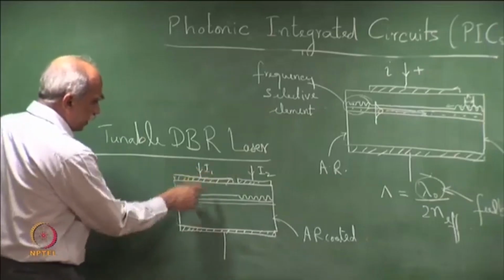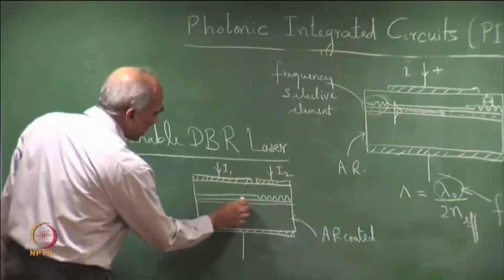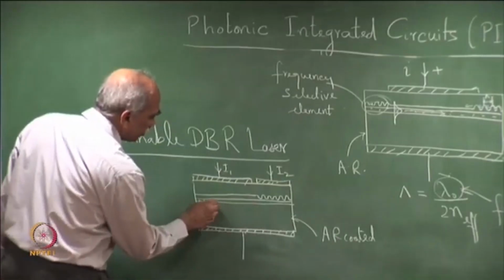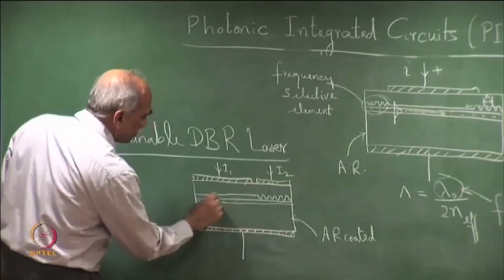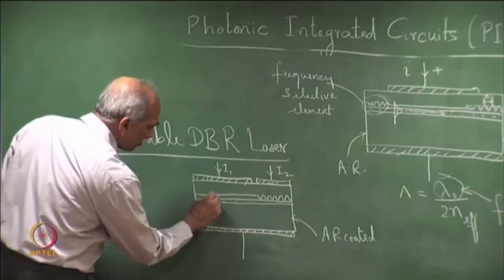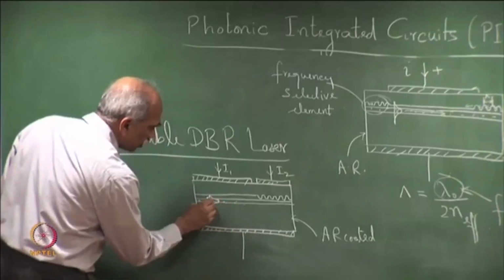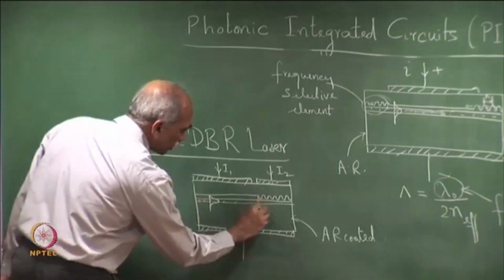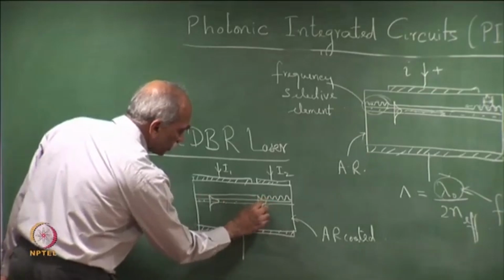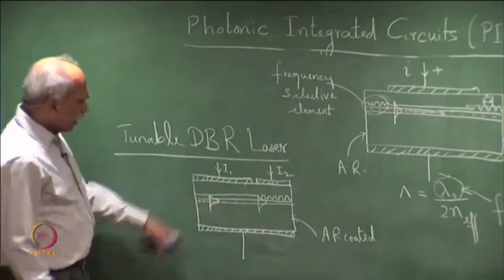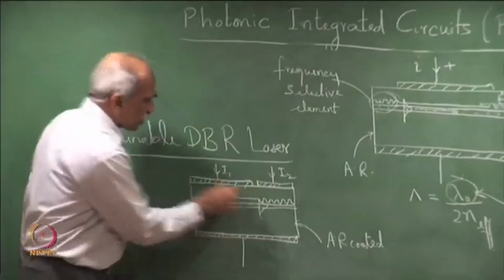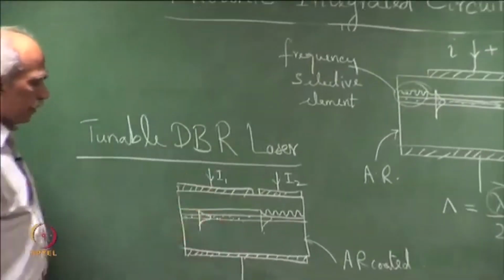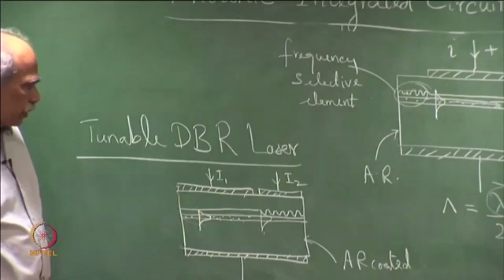The current I 1 primarily determines the gain here. This is the active region, and the mode propagates through this structure. The current I 1 controls the gain of the active region and hence the power output, whereas